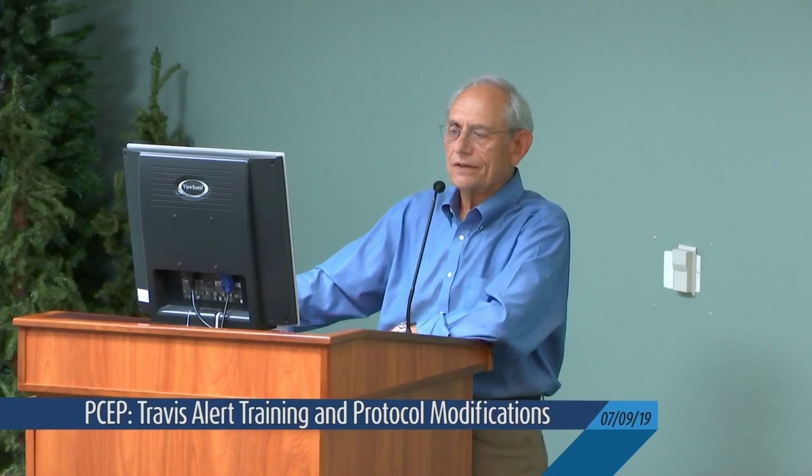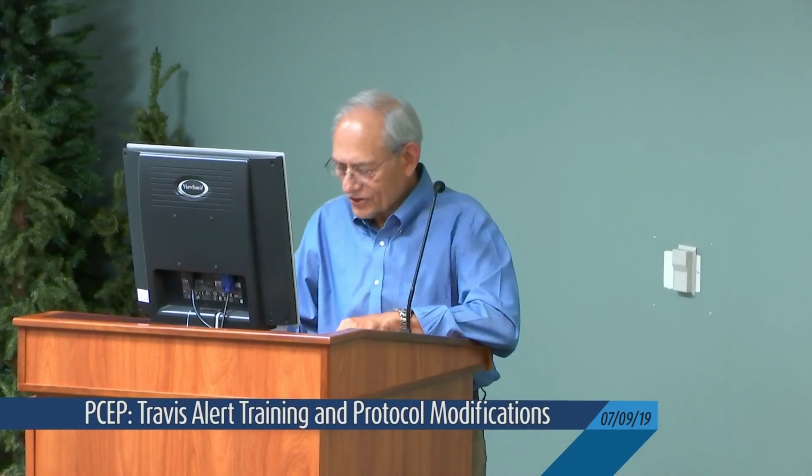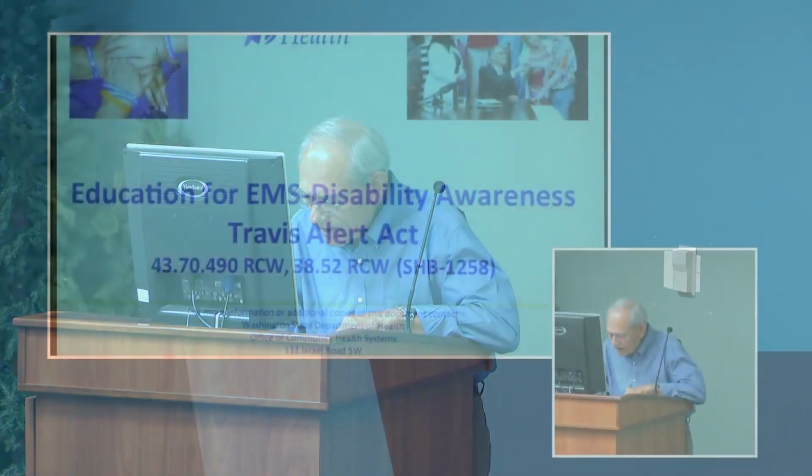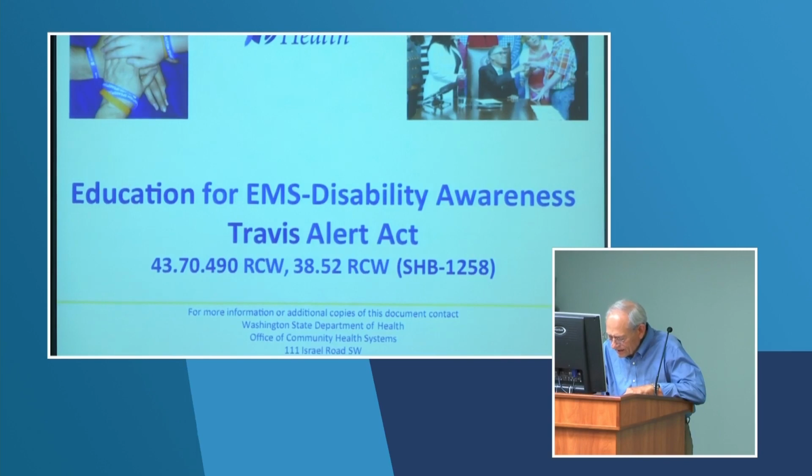And Travis has a condition that's known as autism, and they were quite concerned that he had wandered off, and they realized that the EMS responders had no understanding of what was Travis's issue and his disability,